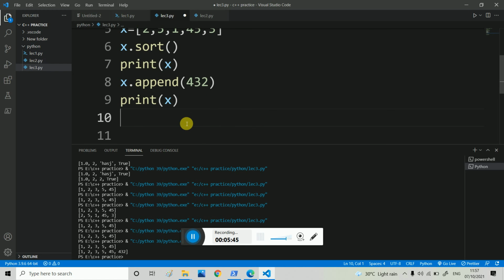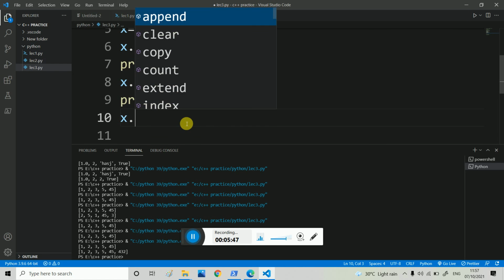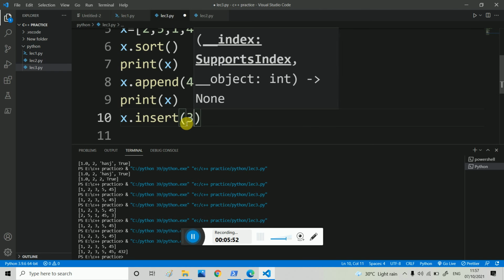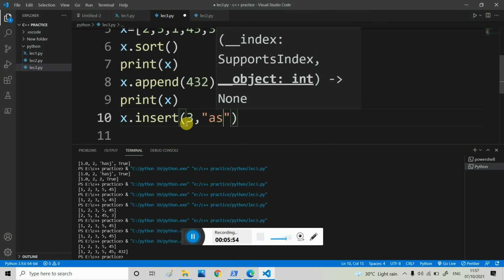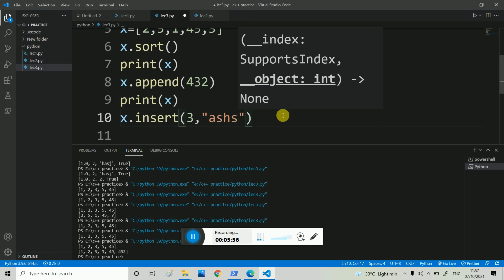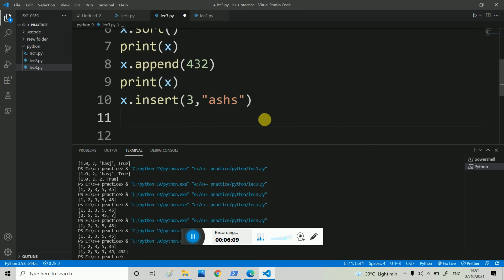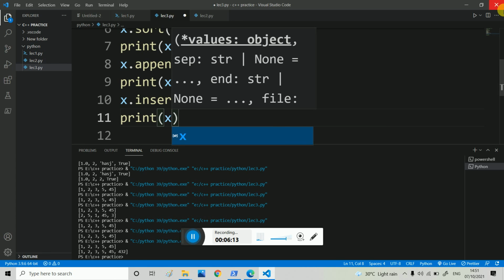Now I want to insert something, that is x dot insert 3 comma something. I want to add a string. This will add it at the third index. I write a string so that no confusion is created. So here we write print x. Now run.